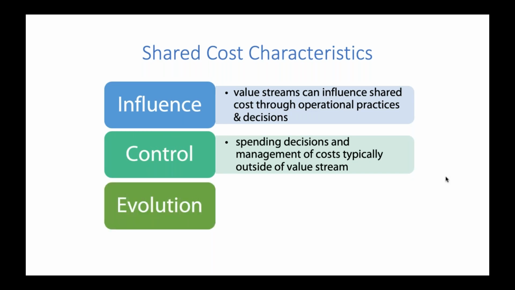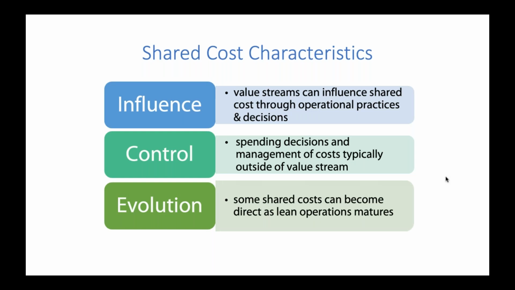And third, it's important to understand that some shared costs over time can become direct costs as lean operations mature. So I've seen companies really get confused by this or get really tangled up in trying to figure this out. So my general advice is, what makes sense today, based on your value stream structure? And if you do direct costing first, then it's easier to deal with the shared costs that are operational in